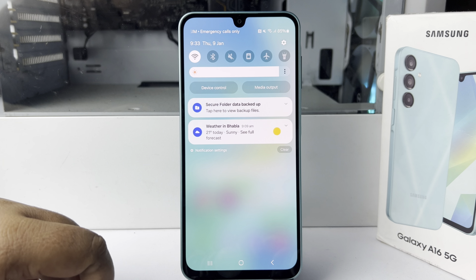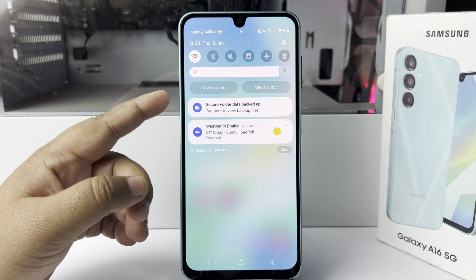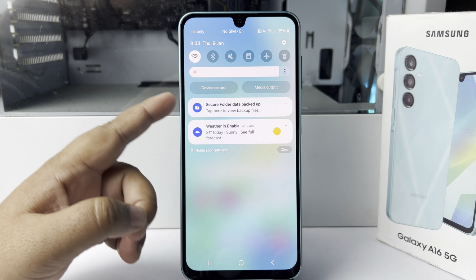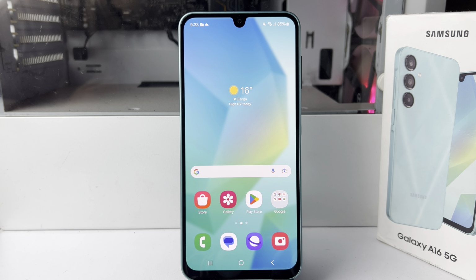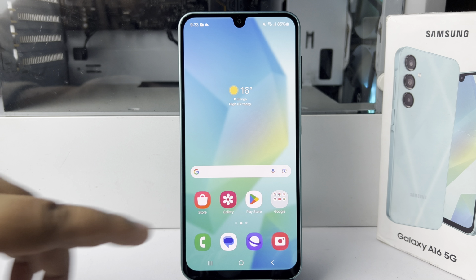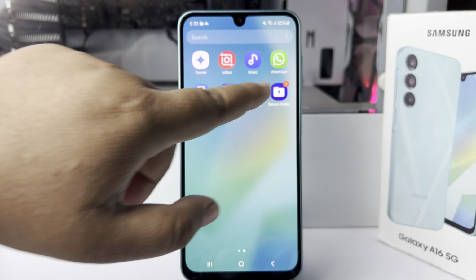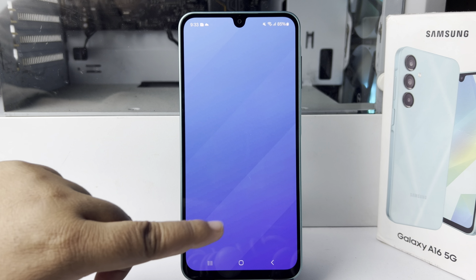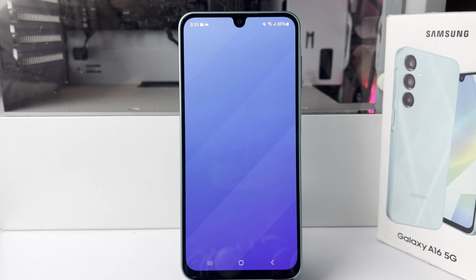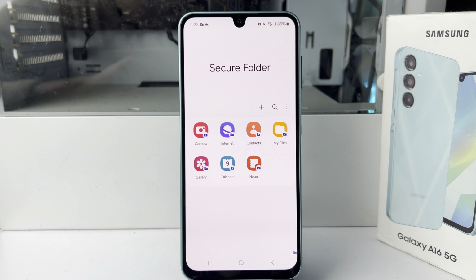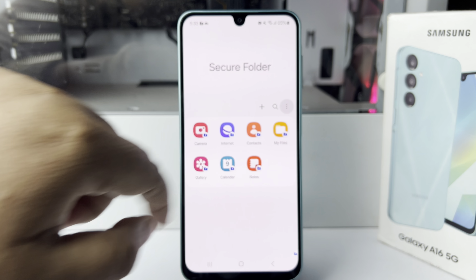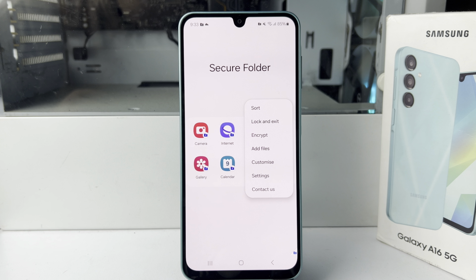Here I will show you how to disable notifications for Secure Folder in Samsung Galaxy or any Android device. First of all, go ahead and open your Secure Folder, verify your Secure Folder lock, and now tap on the three dots from Secure Folder